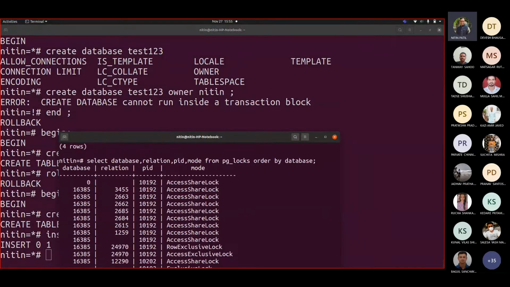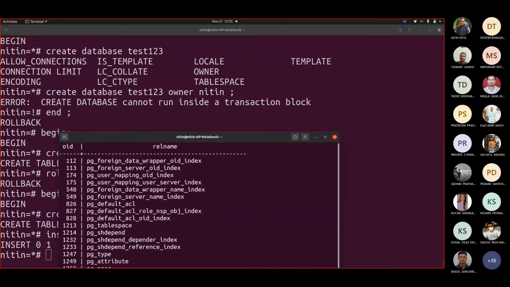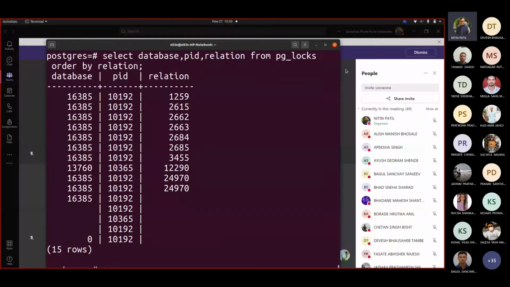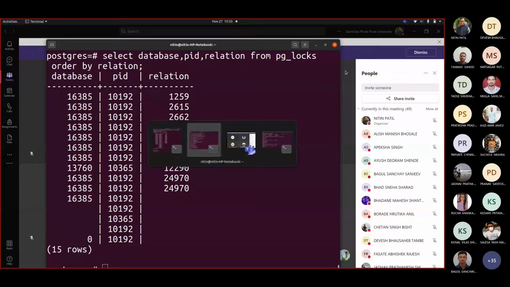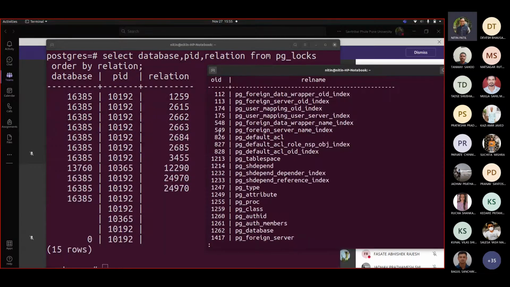This is not sorted. Control L. Order by OID. Let me minimize this and take this window here. Now try to see which are the entries 1259. Can you see one?